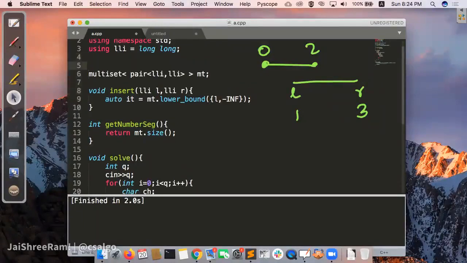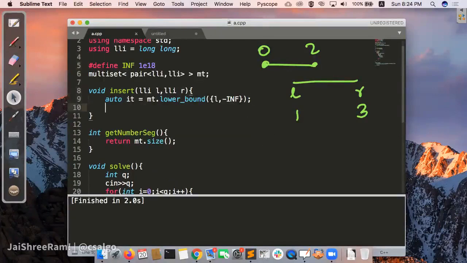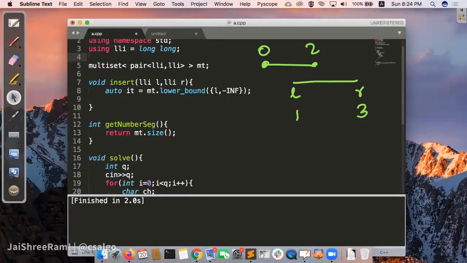So we should ideally be searching for infinity. Let's quickly define infinity, let's say 180. So you can search for this.